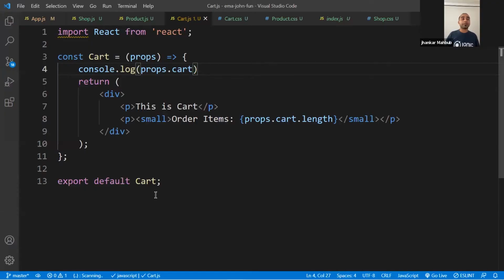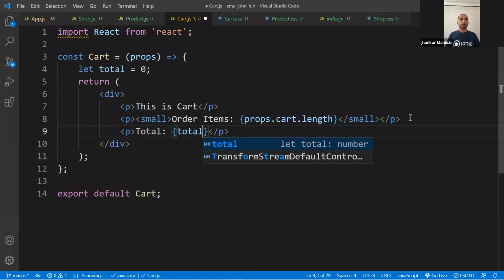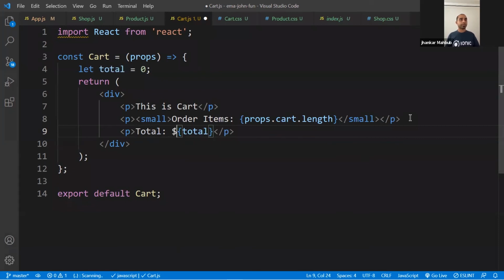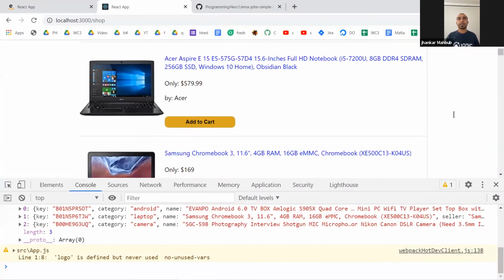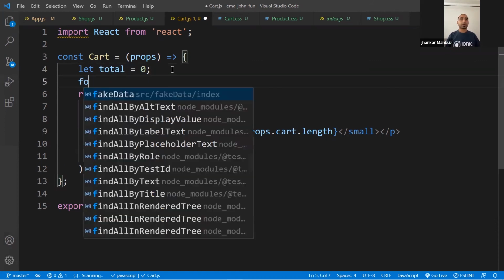And since you get everything, you can calculate the total price right away. You can say let total equal 0. We will not do the tax calculation right now, but you will get the idea: you display the variable total, and you put a dollar sign in front of it if you want. So it will show you in the UI that your total is $0. You can do it in many different ways. You can use reduce to loop through the whole cart, or you can do it the simple way, with a for loop.